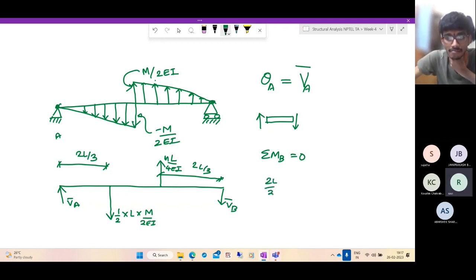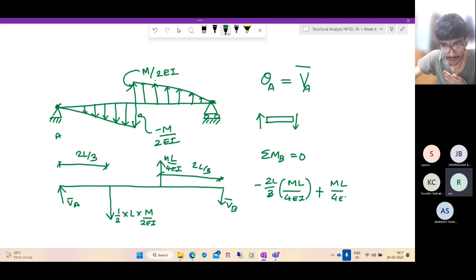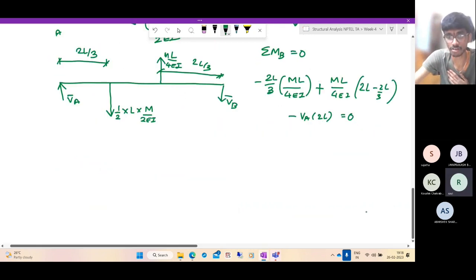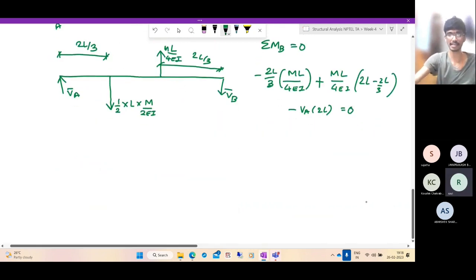2L by 3 minus, so it's minus clockwise, minus 2L by 3 into ML by 4EI. No, not minus, this is plus counterclockwise, ML by 4EI into 2L minus 2L by 3 minus VA bar into 2L equal to 0. You do this, so just rearrange, you will get